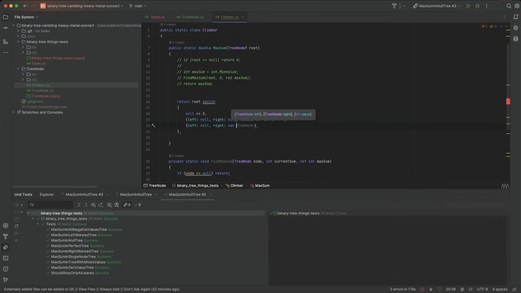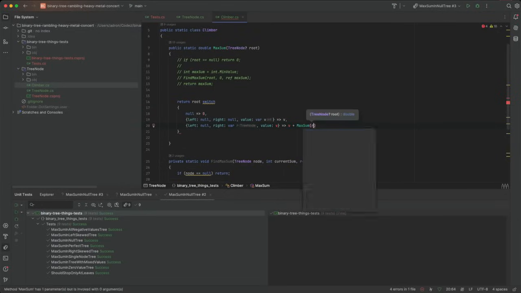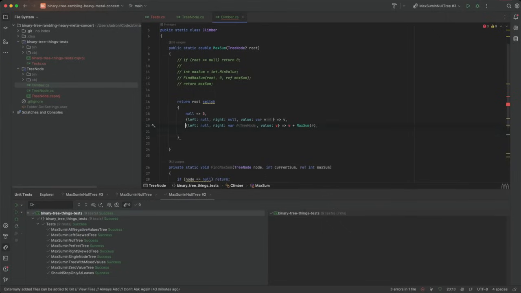Wait, no, we want to give it its own thing. Let's go with var_r for that. And then value v. And that should be v plus max sum right. Yeah, okay. And then we want to do